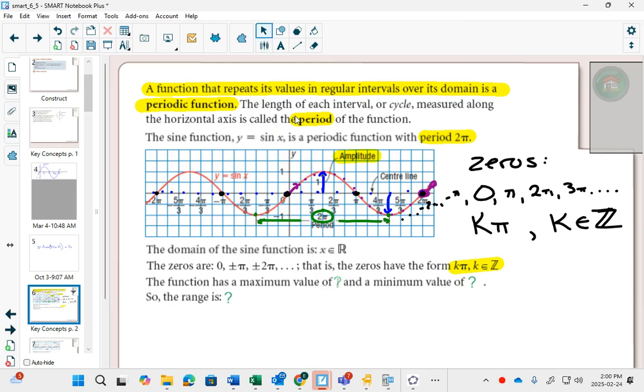The function has a maximum value and a minimum value, 1 and -1, so the